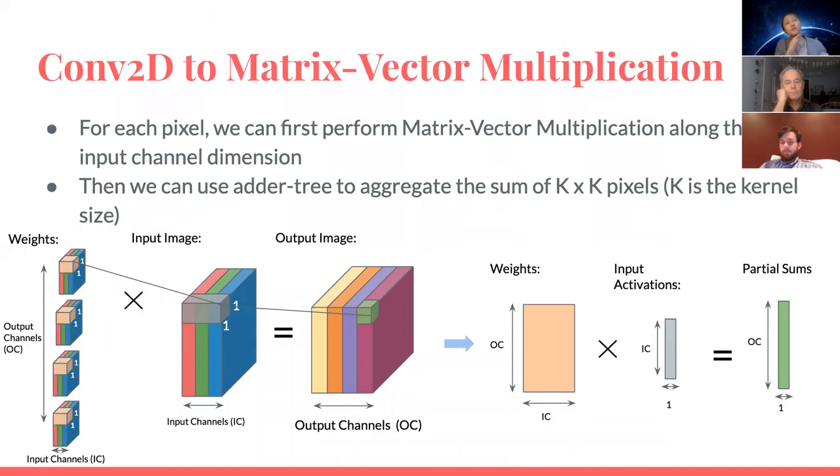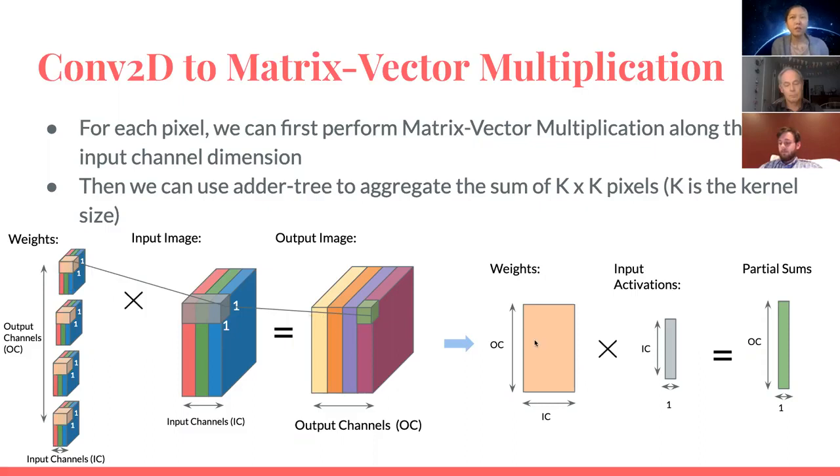The next way to realize this operation is to map the convolution 2D to matrix vector multiplication. So instead of performing im2col, we kind of directly think of these operations as a matrix vector multiplication. So how it works is that for each pixel, we're not considering the spatial dimension of the kernel yet. We first can perform for each channel. So assuming we have a 1x1 kernel for now, we directly